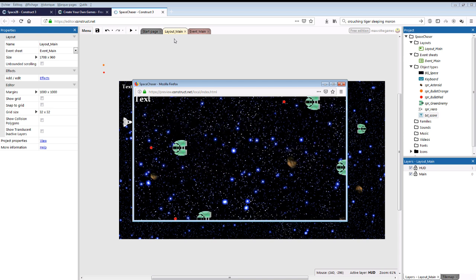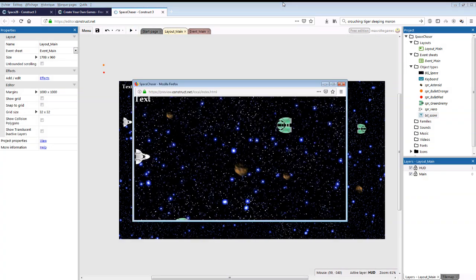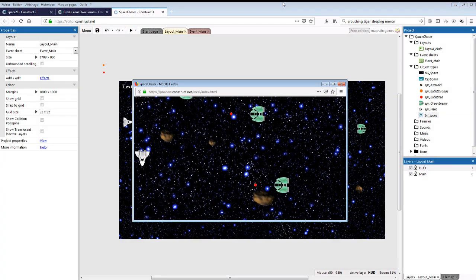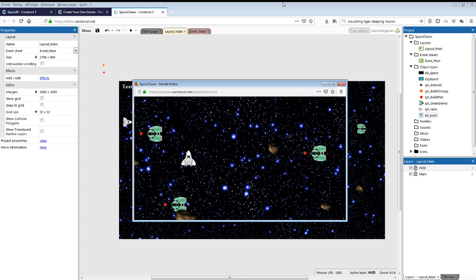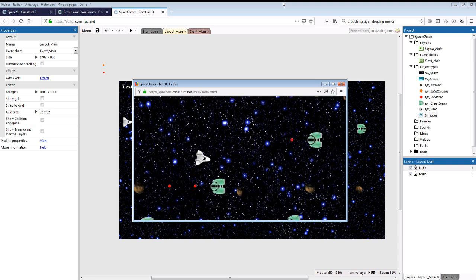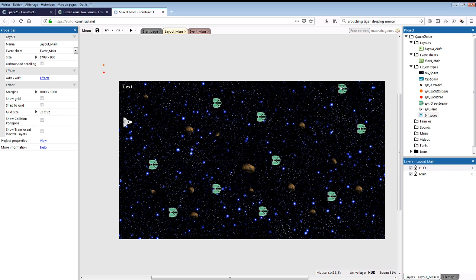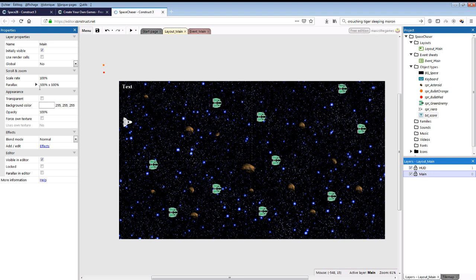Great. Oh, well, forgot I could die. Sorry. But if I move around, the text disappears. It's basically there, and then it doesn't follow me when I move, which is not what we want. So what we need to do for that is use the parallax properties. So it's a bit complex, but all you need to know is the parallax for the main is 100%, meaning